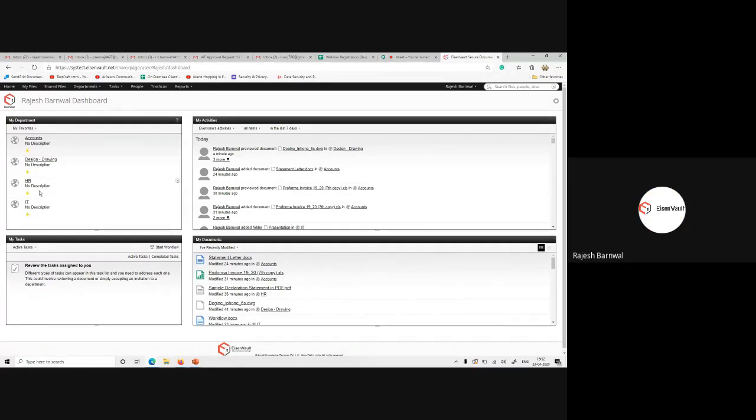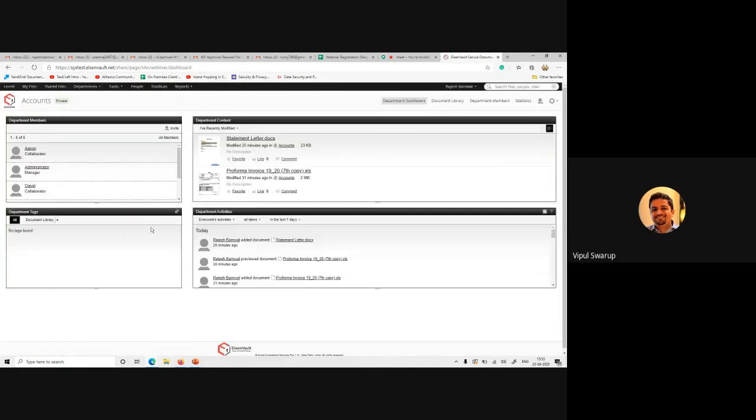Vipul, can you repeat the question again so that I can understand which workflow it is? So she's from the policies and manuals department at Columbia Asia, and she's asking, can we use the approval menu in our department? And if the document is rejected, can the person who asked for approval edit it directly on the menu for revision or changes?